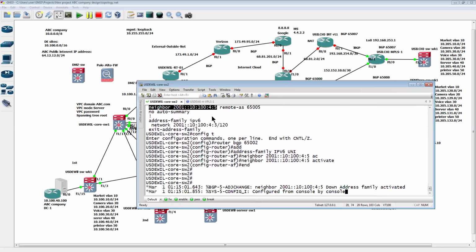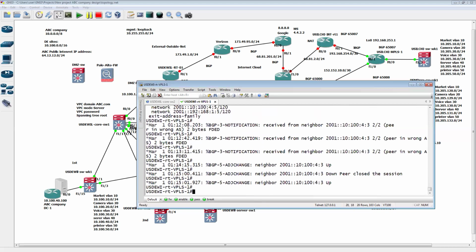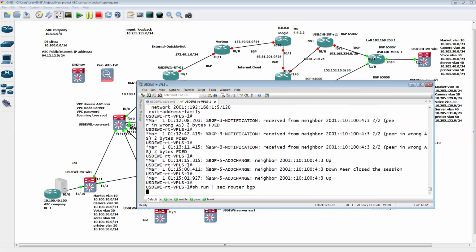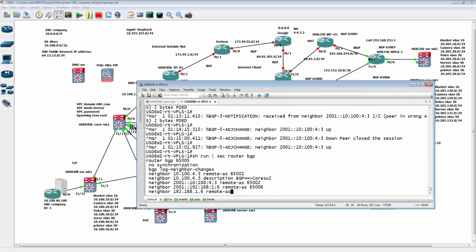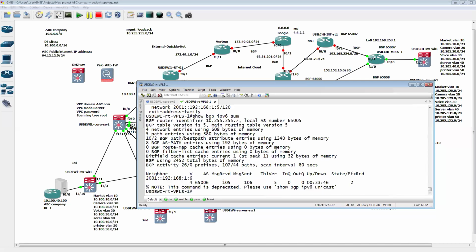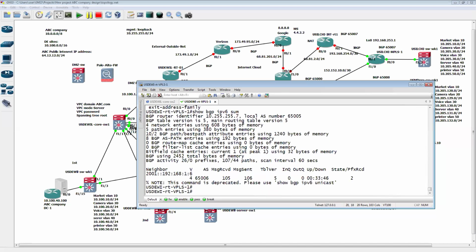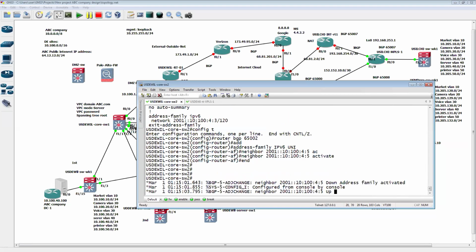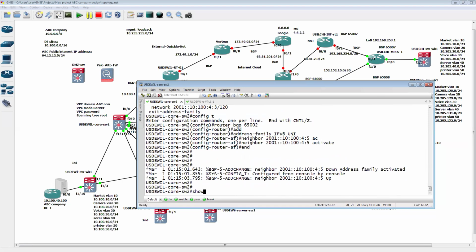All right, so now same thing in here. Do we have activate in here? Show run section router BGP. All right, just double check. Yeah, we have activate in here. Should be formed now. Show BGP IPv6 summary. Beautiful. You see? So now if we go back to here again, this should be up. Now we show again in here, show BGP IP